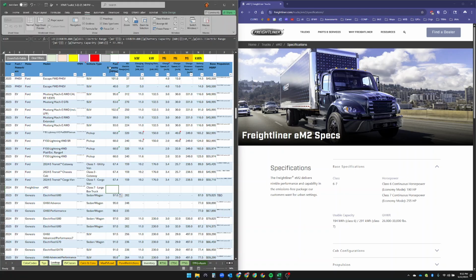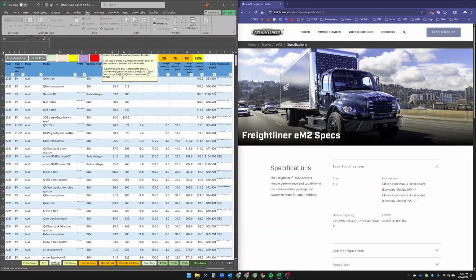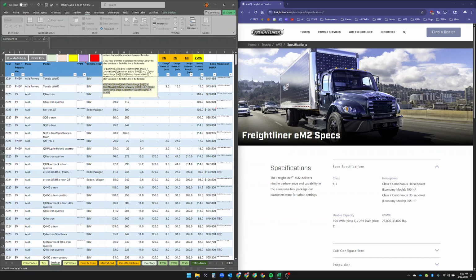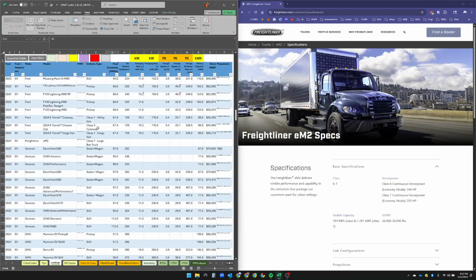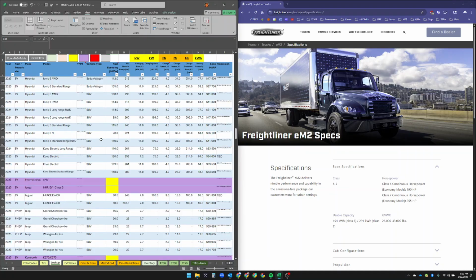If for some reason you also were to erase that formula and not be able to get it back, if you jump into the comment here, that formula is also listed at the bottom of the comment. It looks kind of strange right now because it's getting cut off by the frozen cells, but there you go. So just to show that that works, I'm going to Control Z there, or Control C there, and go to